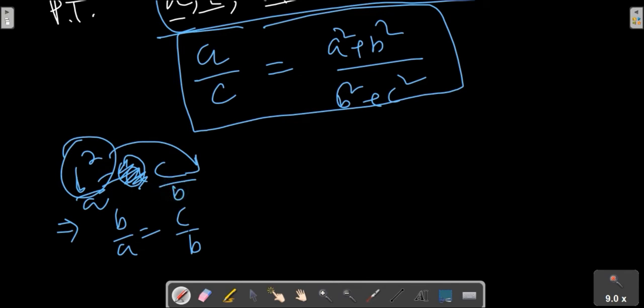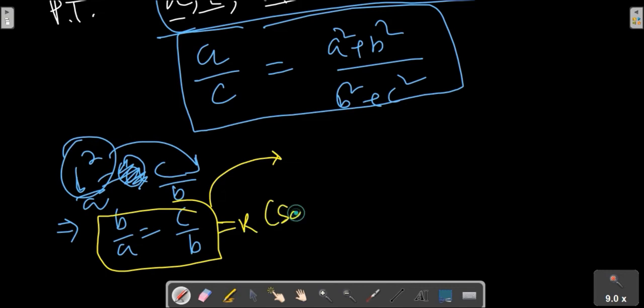So if I take one B here, I think all of you can understand very clearly what we are getting now. From here, next line, what I would like to do is set it equal to K. We don't know the value of K, but it's a proportional constant. So if I equate B by A is equals to K, we will get